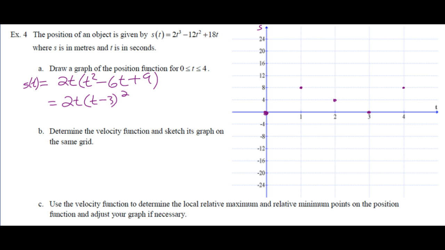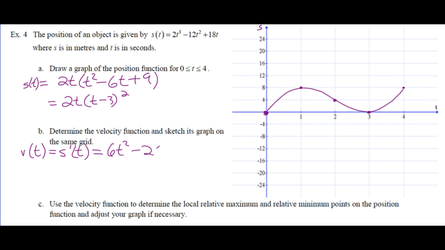Okay, so draw a graph. So here's a graph. There we go. Determine the velocity function and sketch its graph on the same grid. Okay, so what's the velocity function? So v of t is s prime of t. I'm just doing that to communicate, right? The velocity is the first derivative of the position function. So v of t is s prime of t, which is